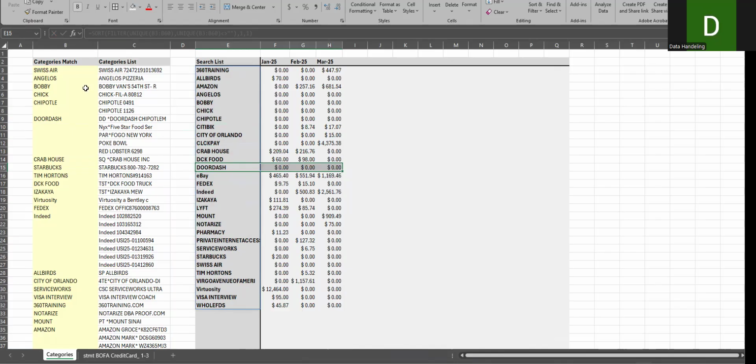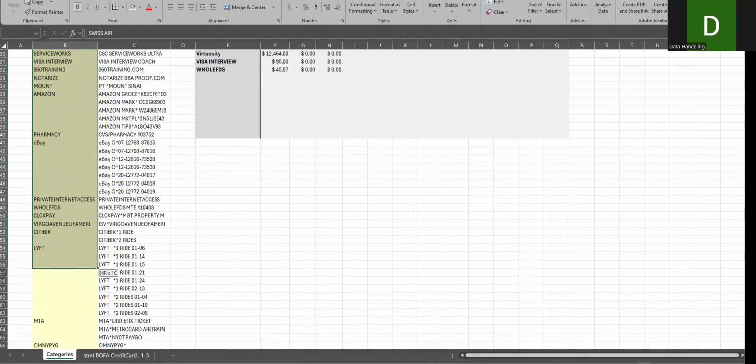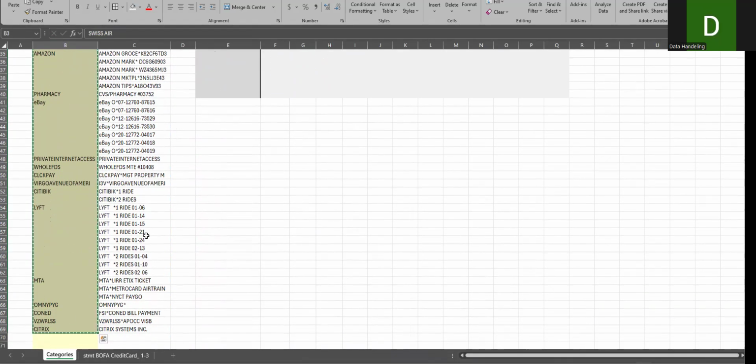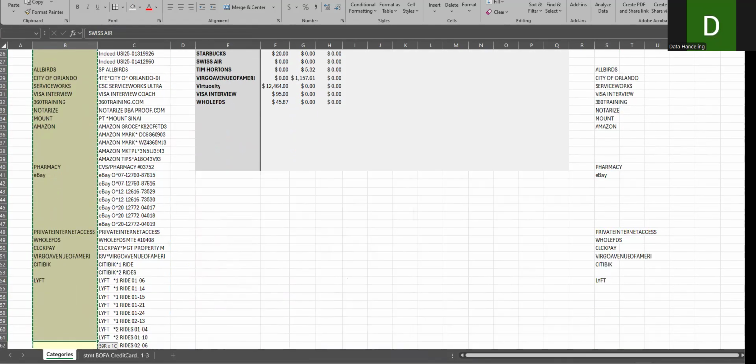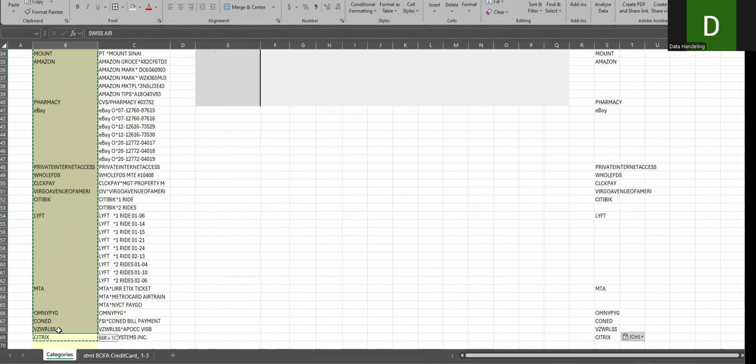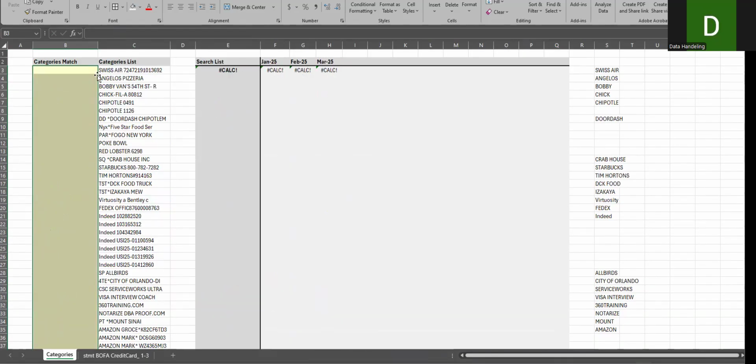If you don't want to see any of these, you can simply delete all. Let me make a copy of it so that if I want to use it again, I'll keep it for the time being on the right side. Clear everything and you will see there is nothing in here. So maybe if you want to see